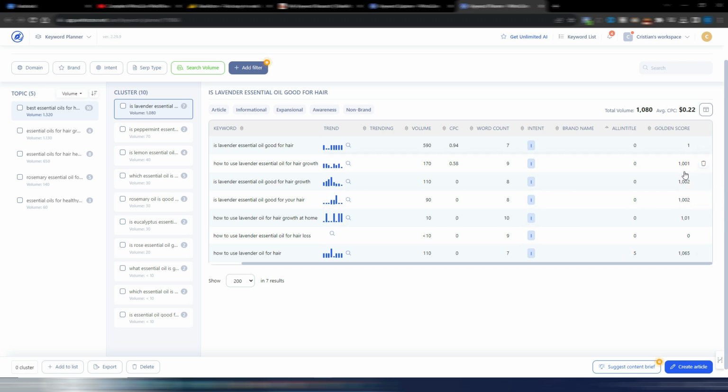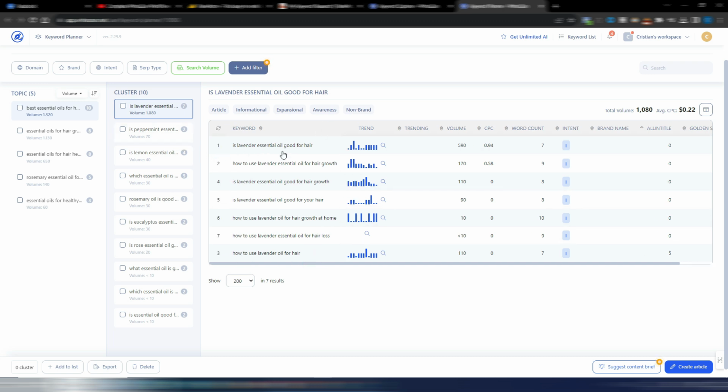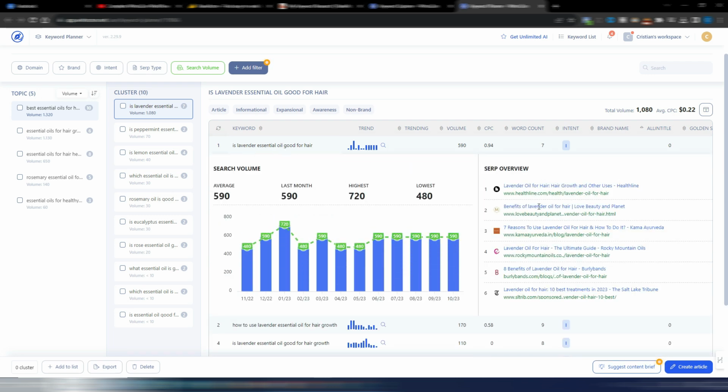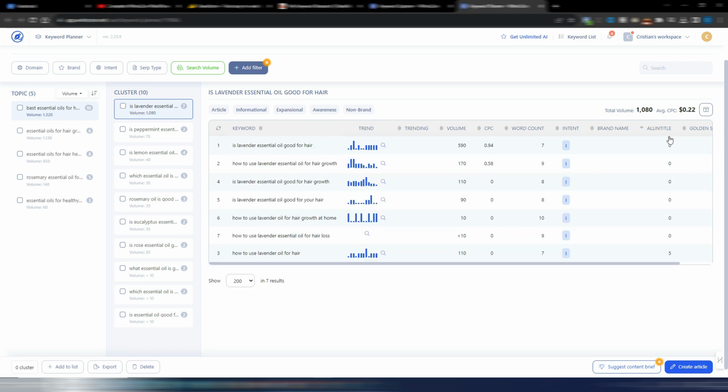This is a custom calculation for WriterZen. You could only watch for all in title. This means there are 0 articles in the SERP with exactly this keyword optimized. You want to check every time, because sometimes this value is not really correct. Maybe you can find 1 or 2 articles with this keyword in the title, but anyway, it's a good